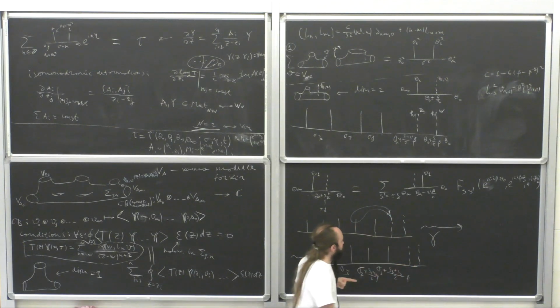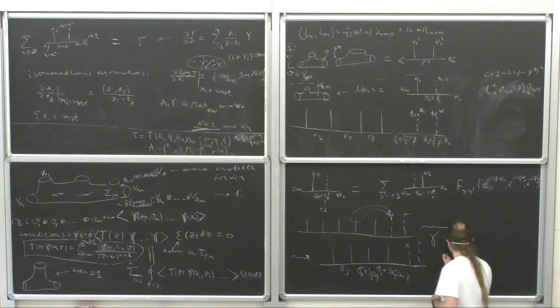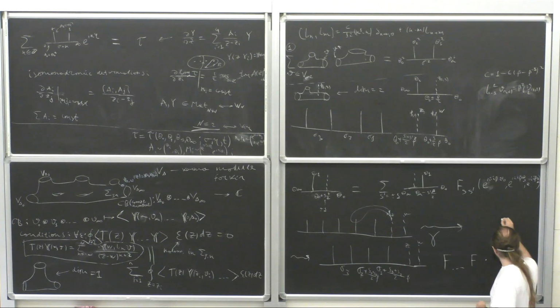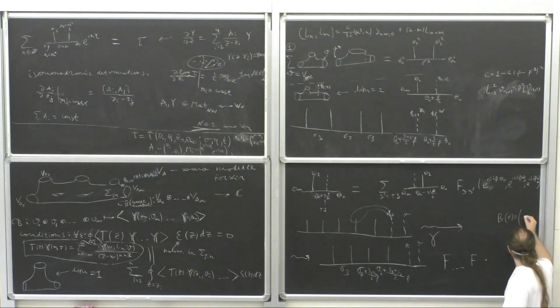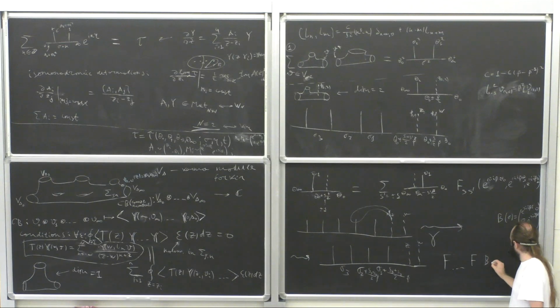So then it will be multiplied by some product of these F matrices, also by some B matrices, which are just diagonal matrices, times some matrix elements, and